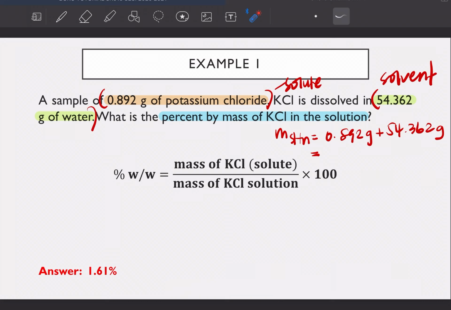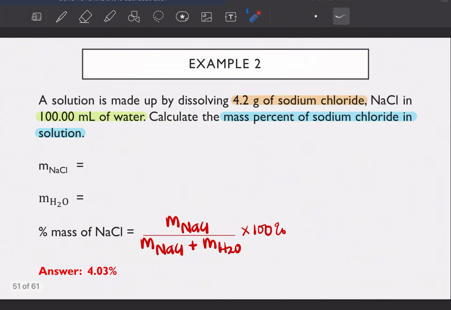Okay, so there is 1.61% of KCl solute in your solution. Okay, example 2. It says that a solution is made up by dissolving 4.2 grams of sodium